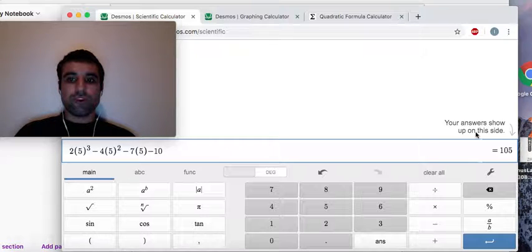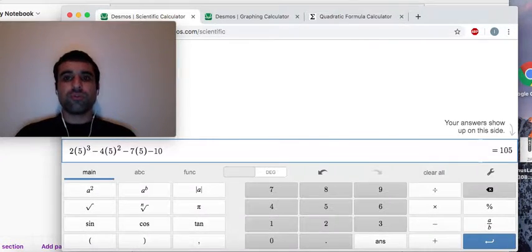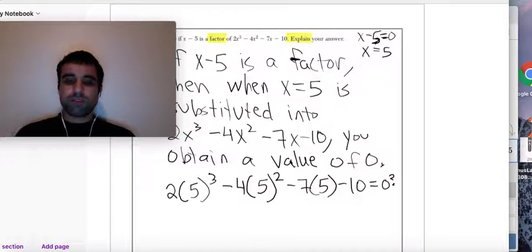So we get 105 as our, you see it says answers show up on this side. Our output is 105. So basically, we get 105, which is not equal to 0. The remainder, when we divide the polynomial by x minus 5, will actually be 105, which last time I checked was not equal to 0. But let's not even say that. Let's just say that